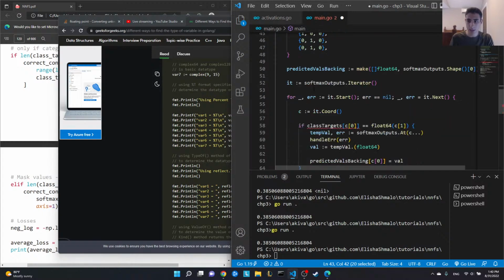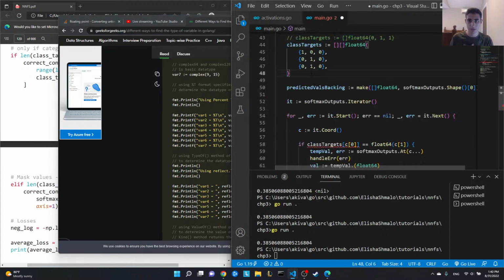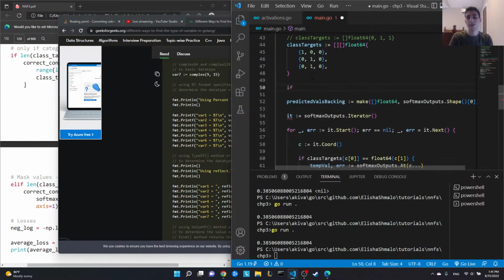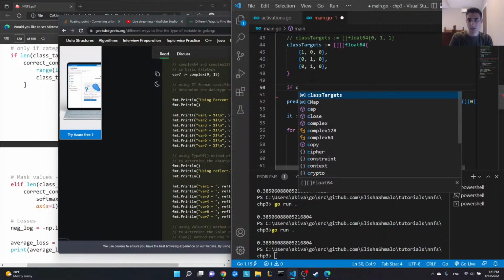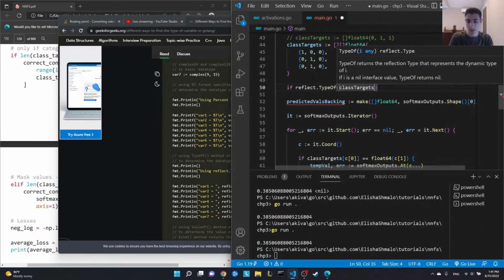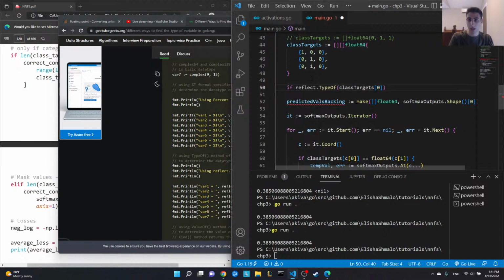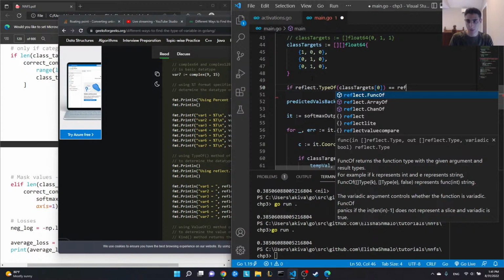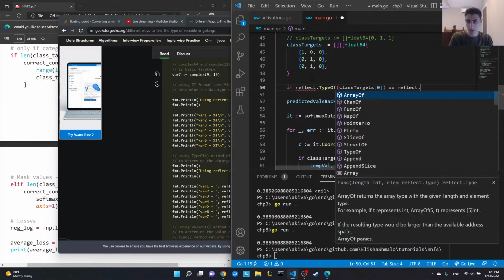So class targets, and we'll say, I don't know what we should call it though, is the thing. We'll say, okay, first things first. If class targets, if reflect dot type of class targets index 0, so we're going to have the same if statement, equals reflect dot type of